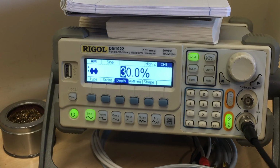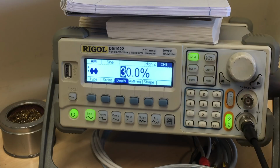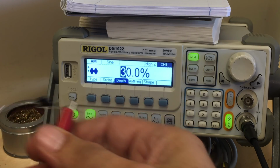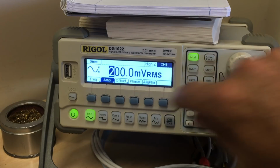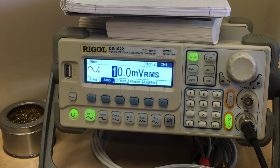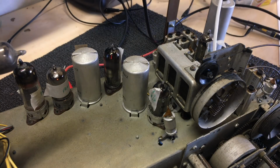Now, where's this tone going to go to? This tone has got to go into the antenna input. Antenna input through a dummy antenna, which I'm going to use. It's just a resistor in here with a capacitor here. Let me show you. I'm going to connect this to the end here, and I'm going to stick this into the antenna socket. But to do that, I'm going to give it a very small amplitude, call it 10 millivolts. Okay, 10 millivolts. If I put this into the antenna socket at the back here,